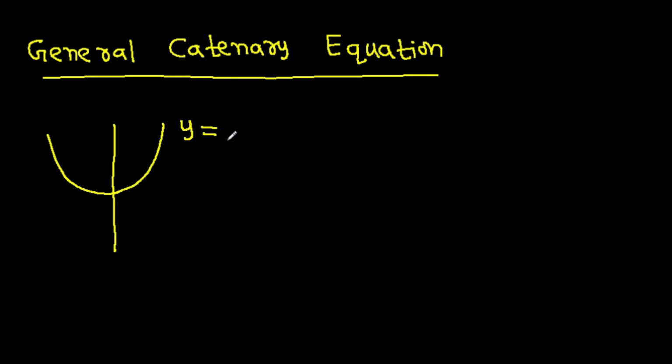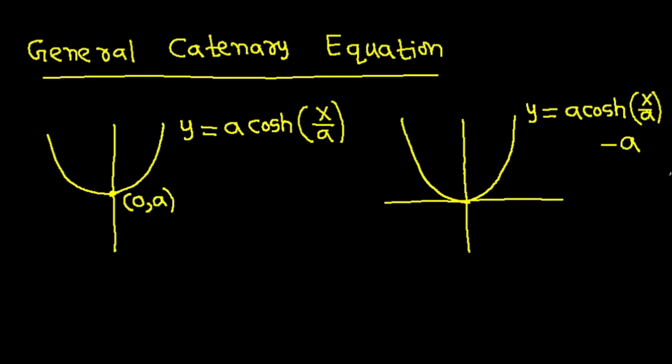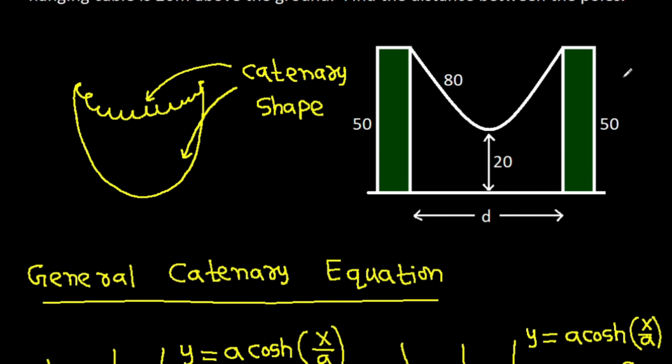is y equals a times cosh of x over a, and in this case it will pass through the point (0, a). If we want it to pass through the origin, then the equation becomes y equals a times cosh of x over a minus a,